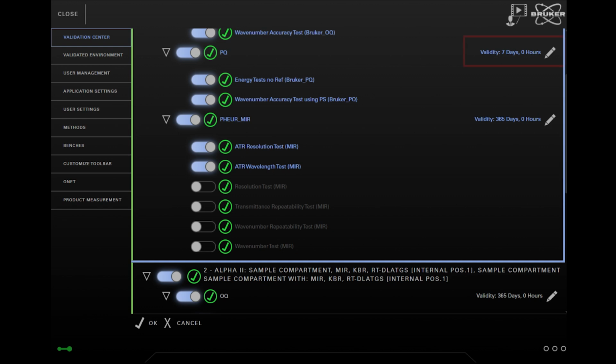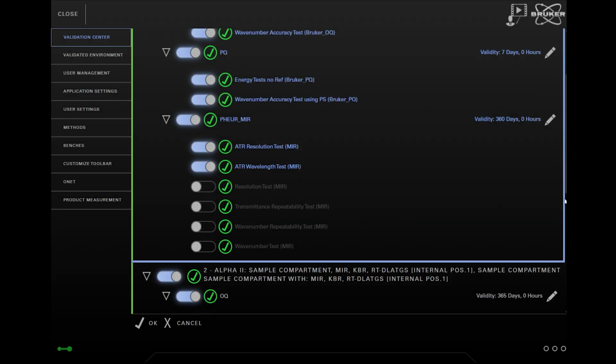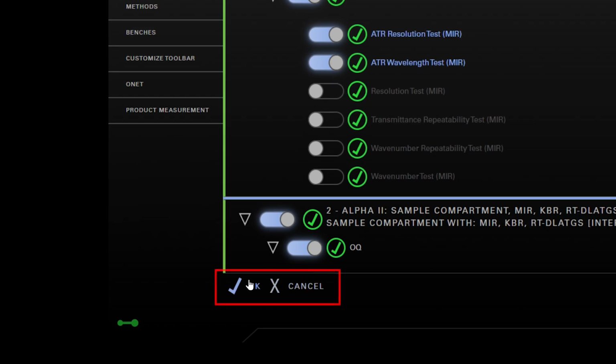By clicking the pen icon, you can define the validity duration of the respective test. When finished, click OK to accept the changes or Cancel to revert them.